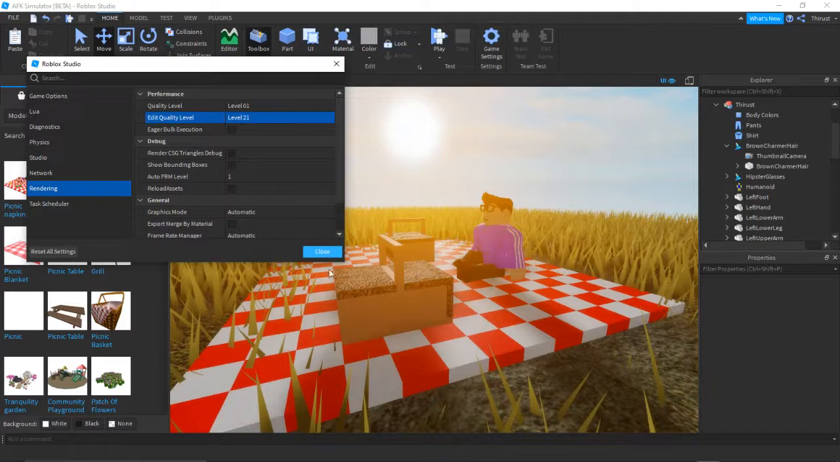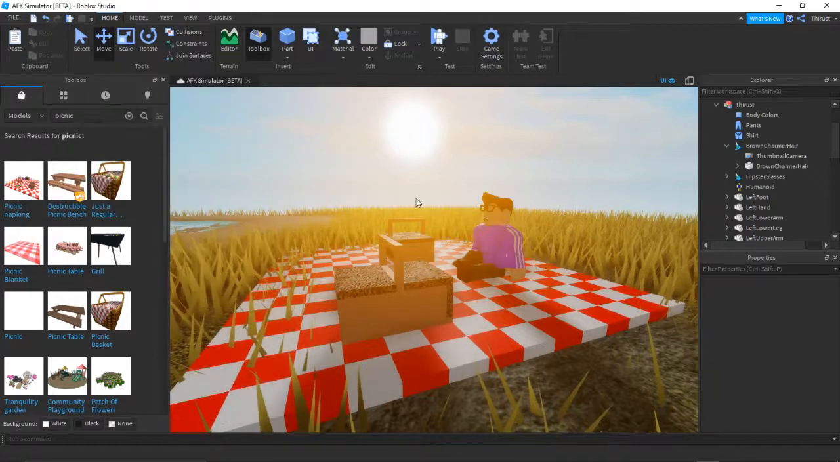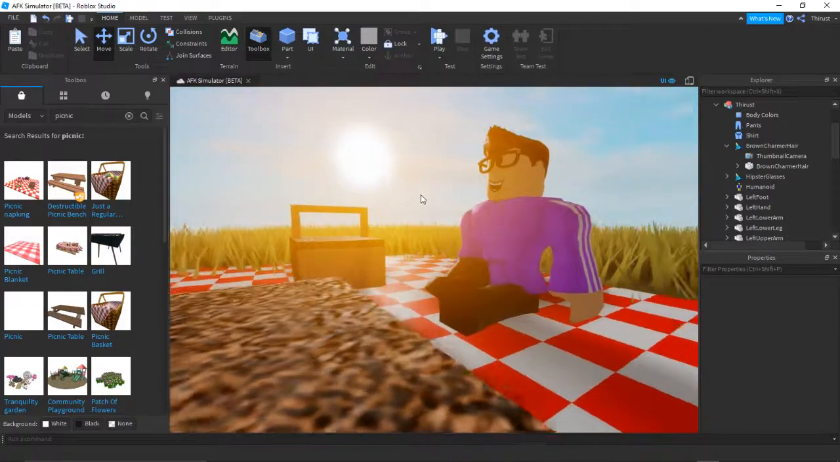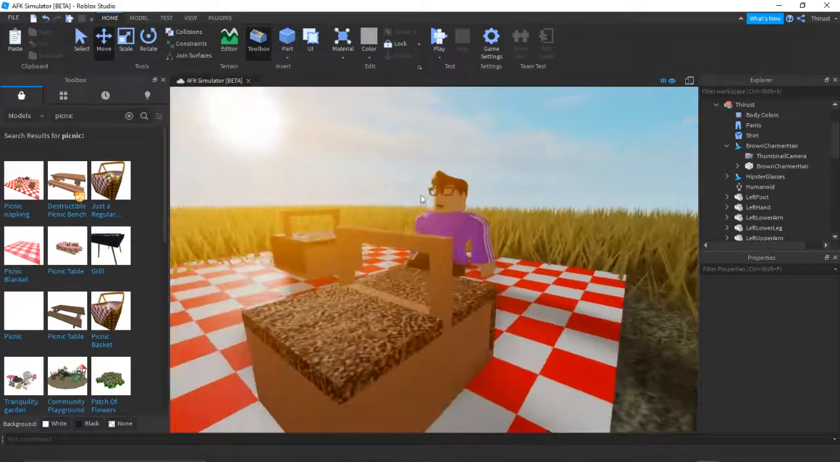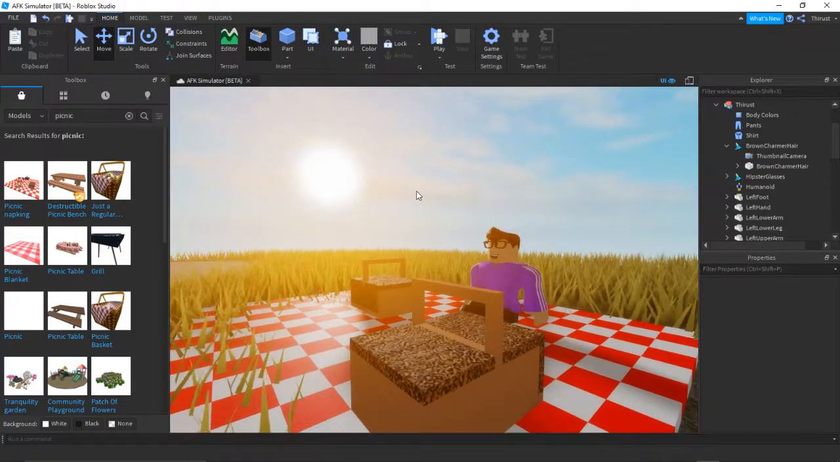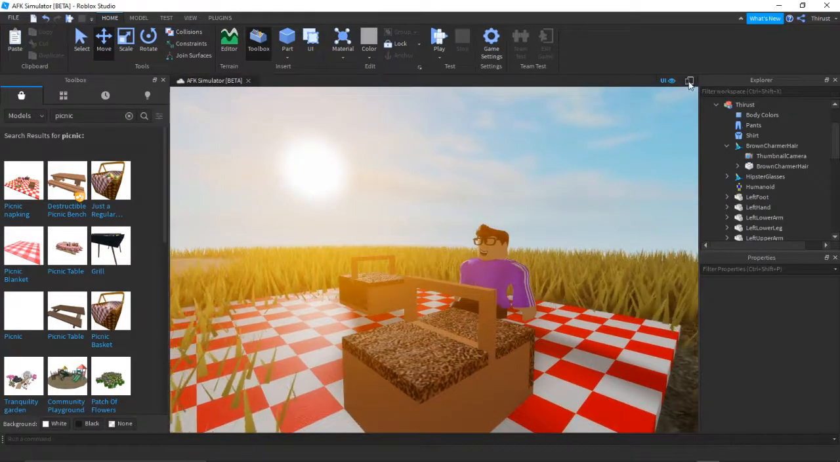Now you can see this is a heck of a lot more realistic, but then again, it messes up your frame rate and everything. So I'm gonna go ahead and get the shot of him and this,